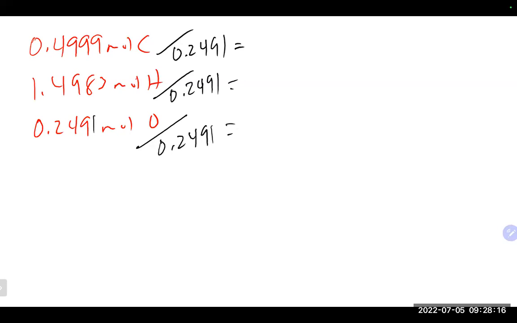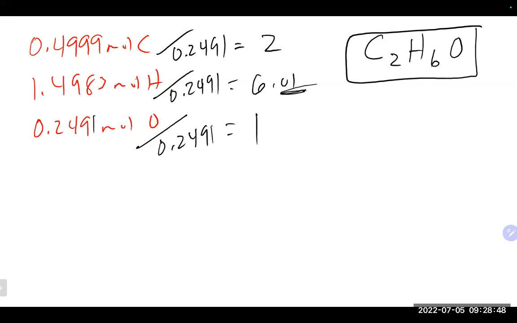All right, 0.4999 divided by 0.2491 gets us about a 2 there. 1.4983 divided by 0.2491 gives us about a 6.01, and this gives us about a 1. So in this case, this is obviously close enough to round, which gives us our empirical formula C2H6O, which would be our ethanol type problem. So in a combustion analysis,